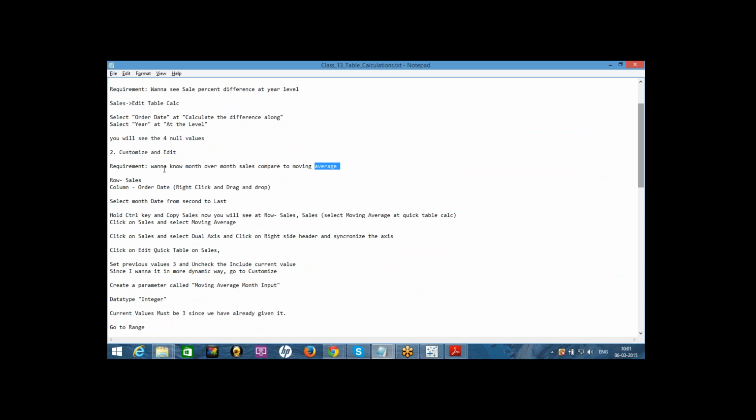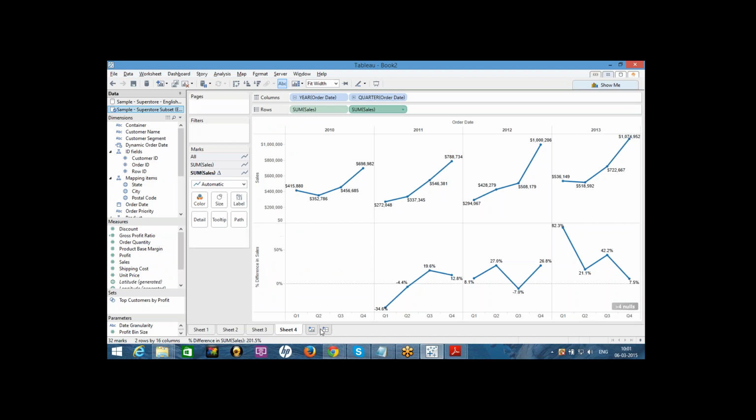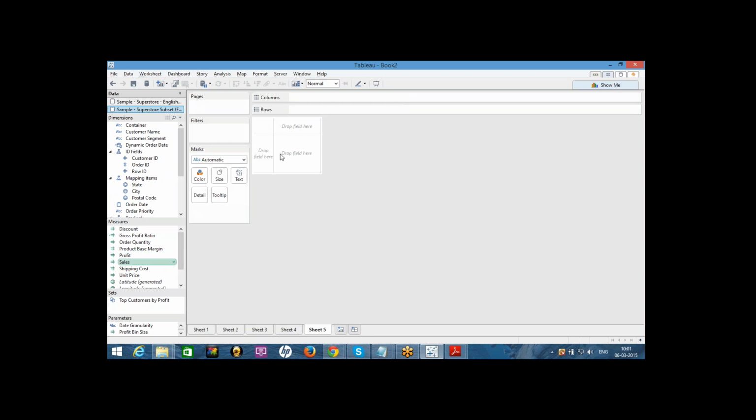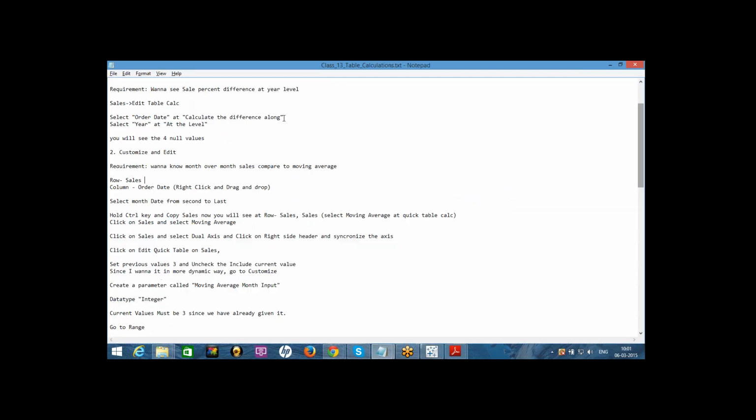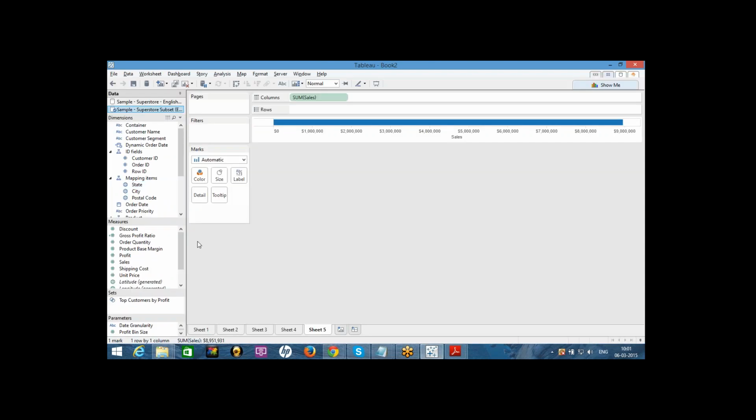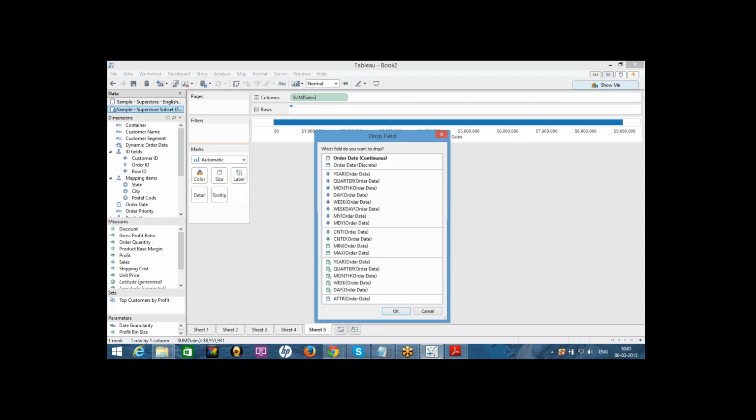So I wanted to find out month over month sales compared to moving average. For that, I would like to take the sales here in the column, and the order date in the column. Hold right click and drag and drop order date.